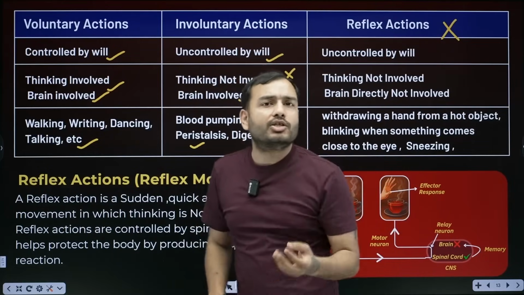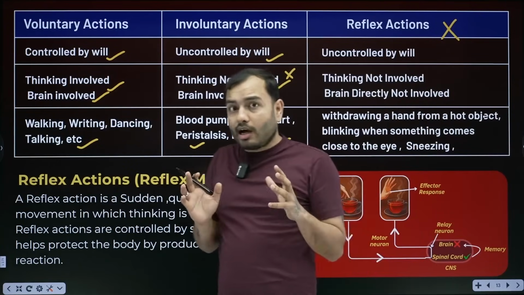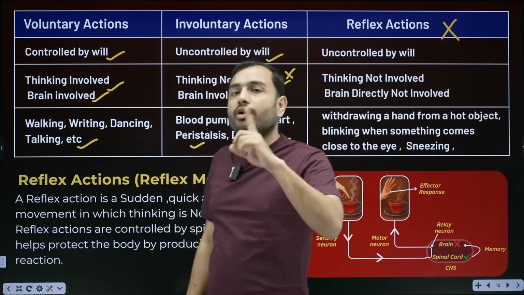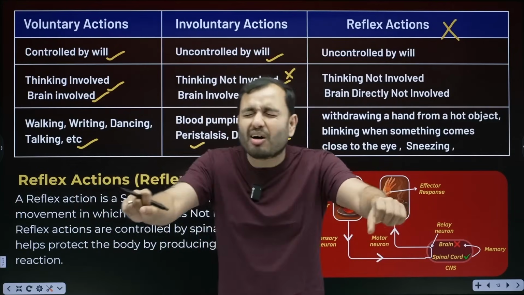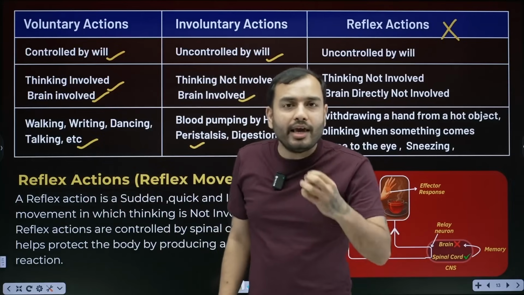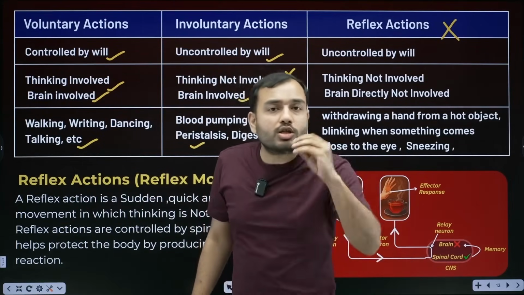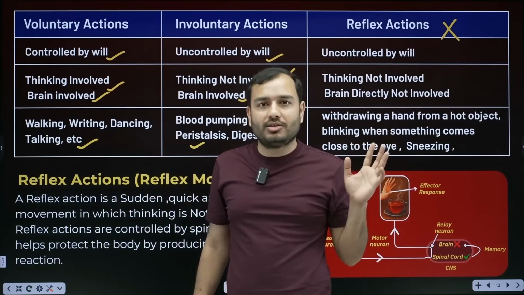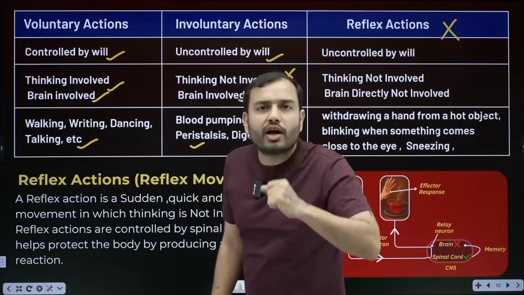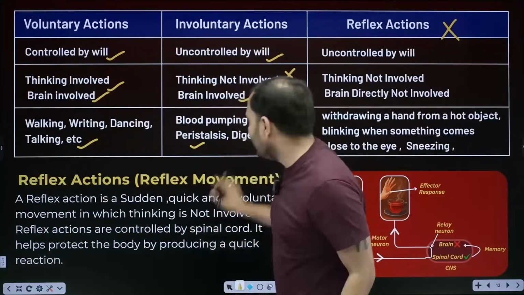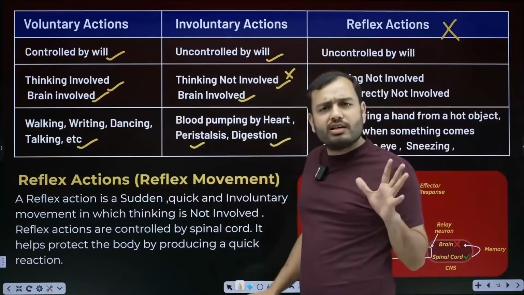No thinking is involved in this, but the brain is involved in both. A third special kind of action that is asked in exams is the reflex action. Reflex action doesn't happen all the time. It happens sometimes. For example, you are riding a bike or cycle, suddenly dust comes from the front and your eyes close. Did you think that you should close your eye because dust is coming? You didn't think anything. Thinking is not involved. It happens on its own. This is also an involuntary action, but it's very fast, sudden and quick. In digestion, these involuntary actions happen slowly. The heart is beating slowly.